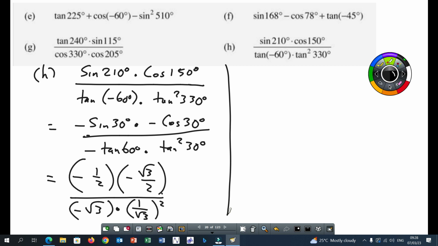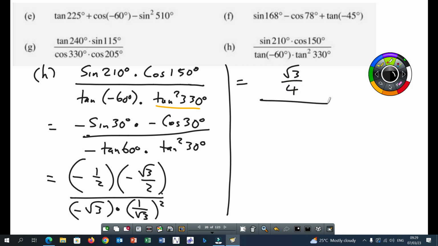Okay, look here. I said tan squared 30 degrees is positive. It is always positive, because of the square. So an acute angle which gives us the same ratio as tan 330 is 30 degrees. So tan squared 30 degrees is positive. Because of that, tan 30 is 1 over square root of 3, then you square that. Then, are you following? These two will give me a positive square root of 3 over 4, divided by